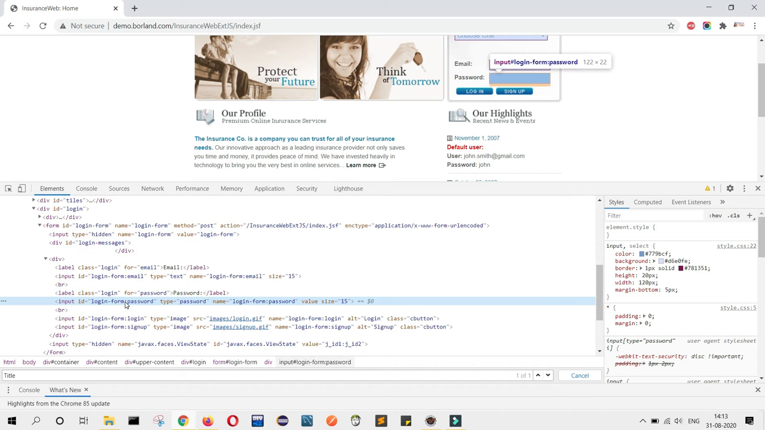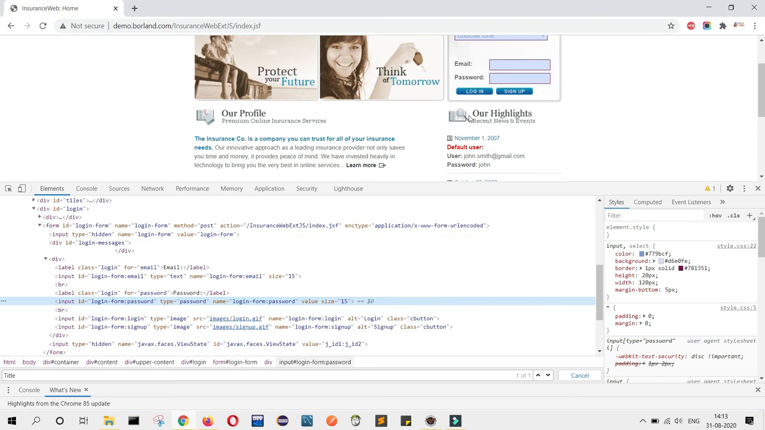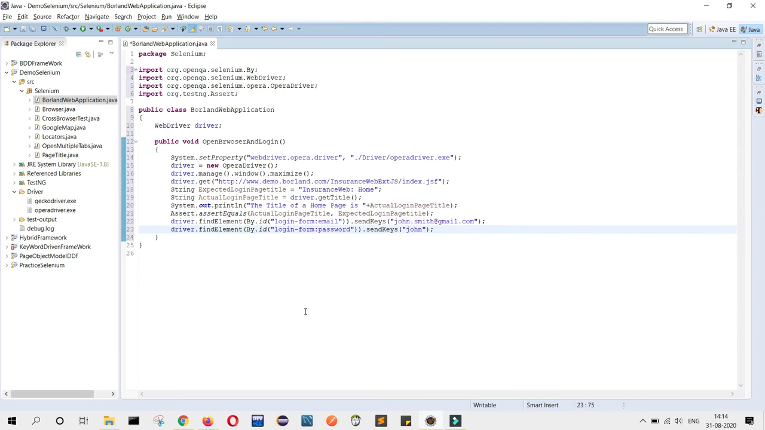So this is the ID of the password field. This should be written here, and the password should be John. After that, I will click on this login button. So I will find out the ID of this button, it is this. So I will write